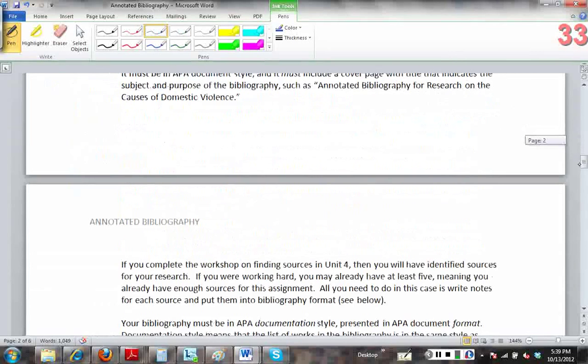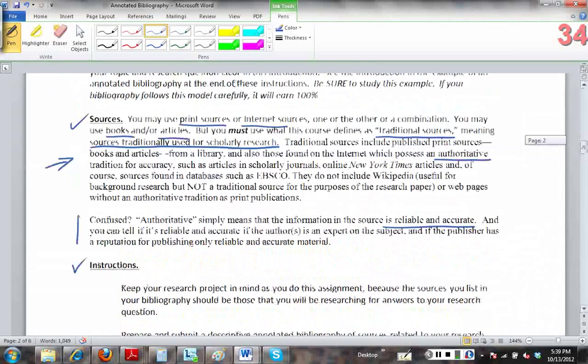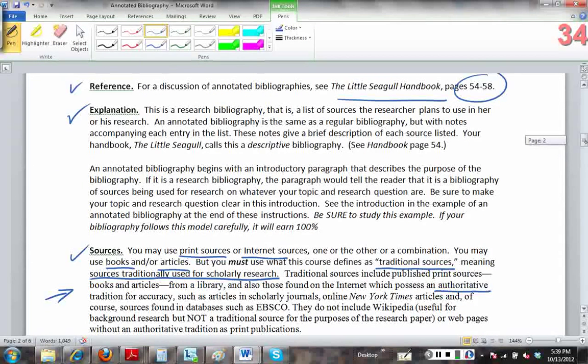I can't find that right now. But 5 sources for the annotated bibliography. And finally, remember, when it comes to the annotated bibliography, we are talking about sources that you will be using for the research you do in English 102